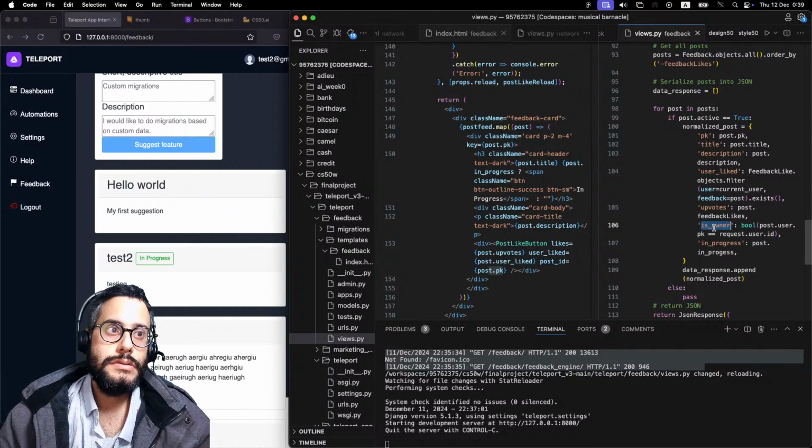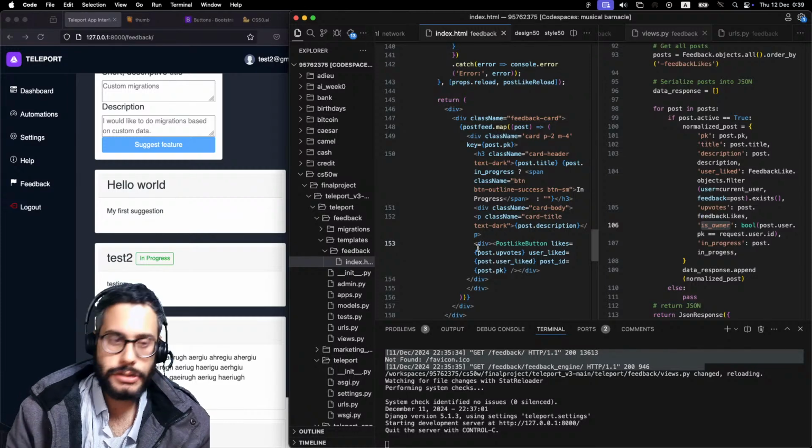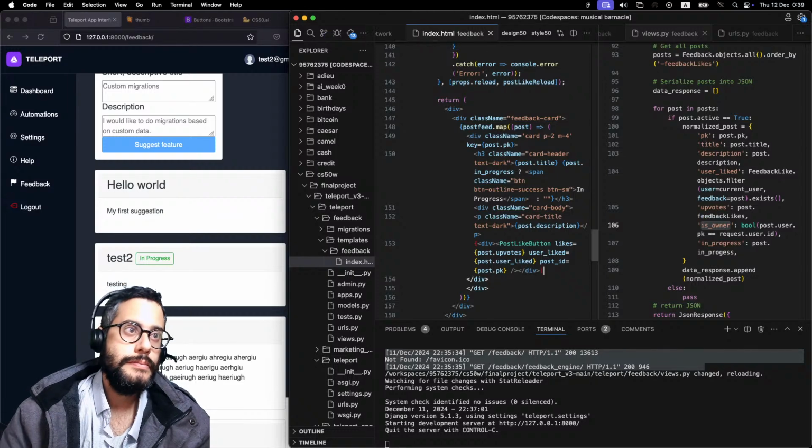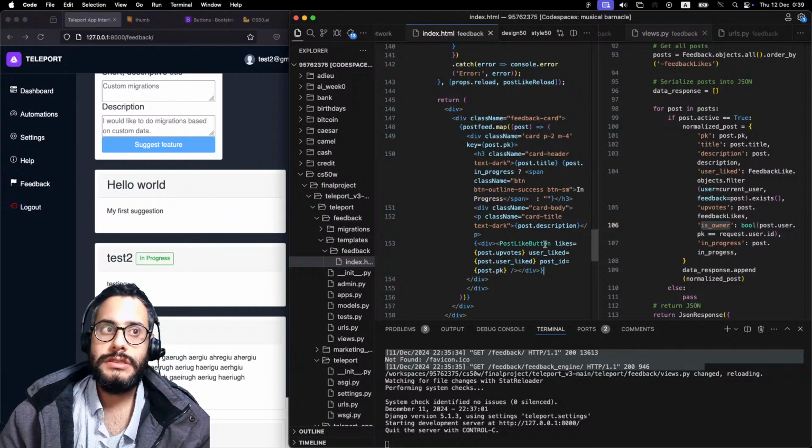Is owner. So in the is owner, we can go ahead and start writing that conditional here. So I'm gonna write these brackets here, and then we can check. So again, we only want to display this button only if the person is not the user, in which case we can say